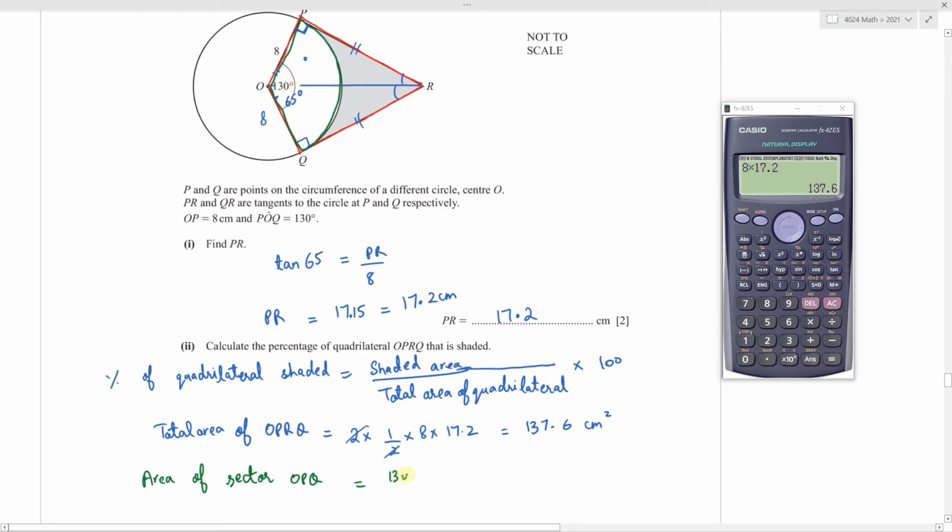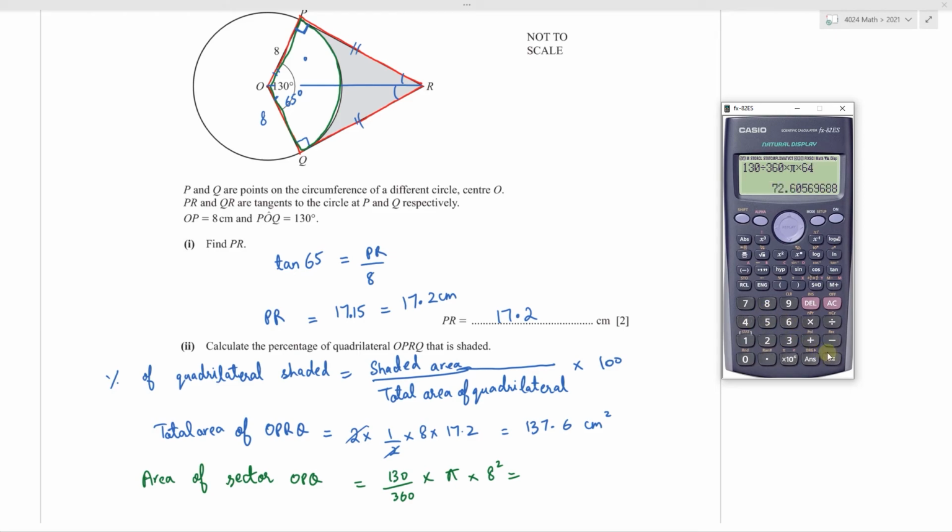So 130 divided by 360 times pi r squared. Radius of this sector is 8. So 130 divided by 360 multiplied by pi multiplied by 8 squared, which is 64,